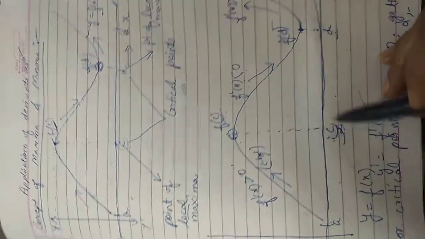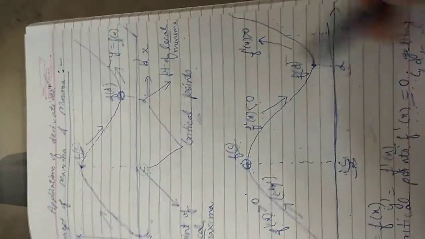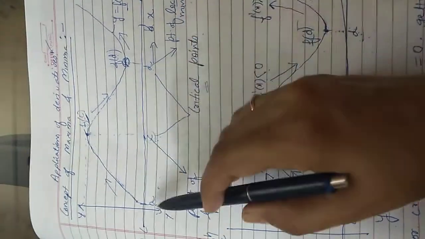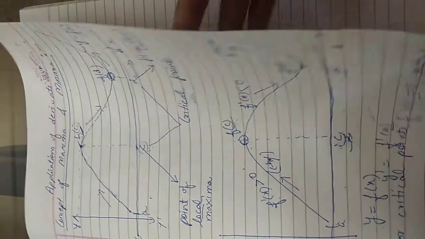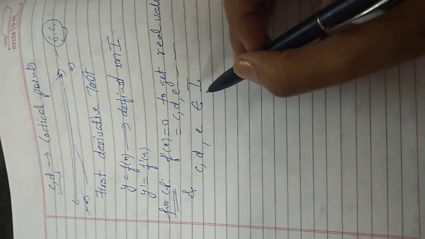Because here if you look at the curve, I have taken 2 points within the domain of the function, right? I have not taken any other point outside the domain. Similarly, in the previous curve, I have not taken any point outside the domain where the domain of the function was the open interval a, b, right? So we have to consider those points only where the function is defined to find the critical points.